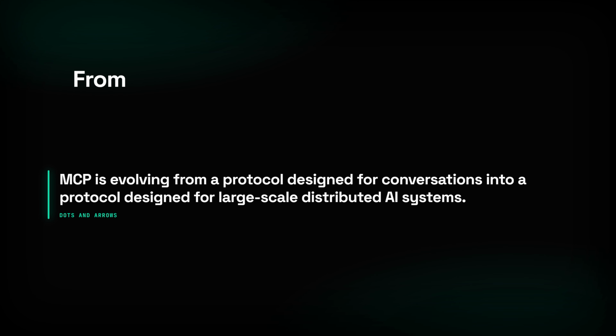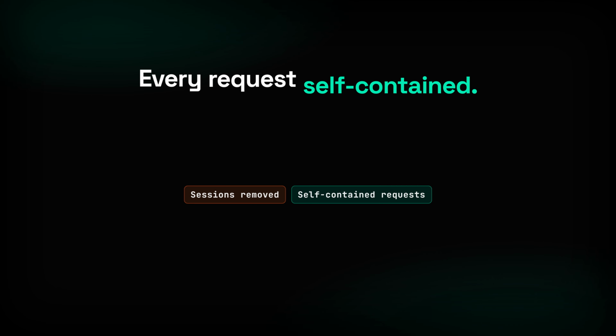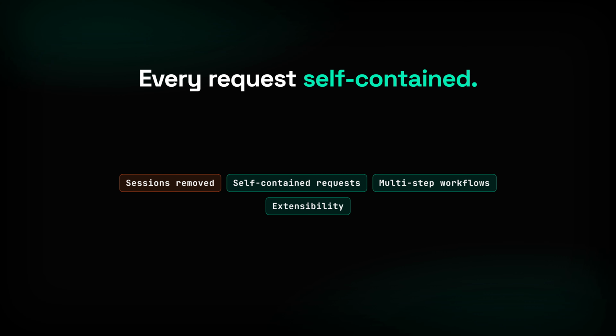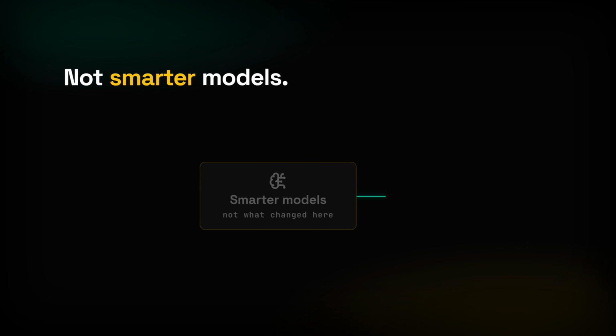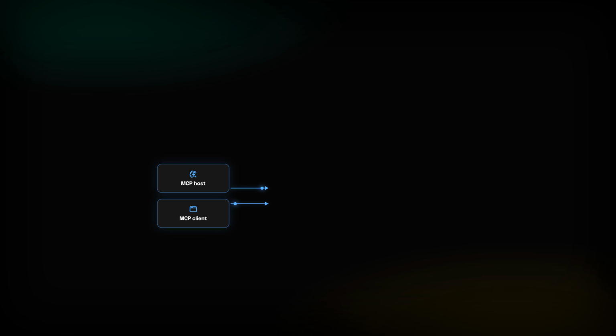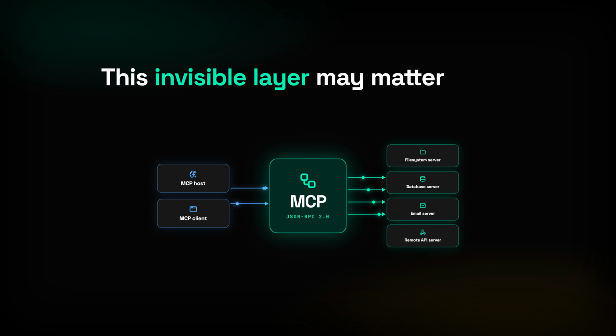If I had to summarize the entire release candidate in one sentence, it would be this. MCP is evolving from a protocol designed for conversations into a protocol designed for large-scale distributed AI systems. Removing sessions, making every request self-contained, supporting multi-step workflows without persistent connections, adding extensibility, improving scalability, and preparing for enterprise deployments, all point toward the same goal: not making AI models smarter, but making the infrastructure around them dramatically more robust. And as AI agents continue becoming more capable, this invisible layer, the protocol connecting models to tools, may become just as important as the models